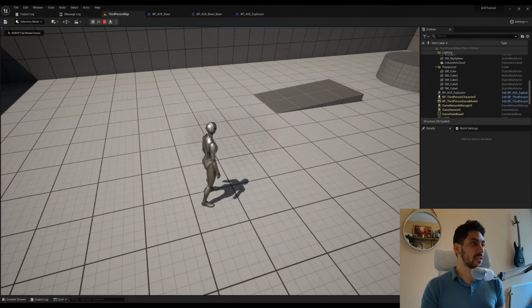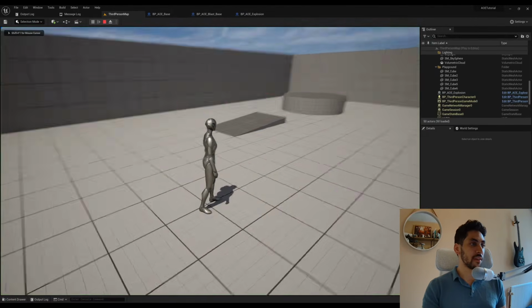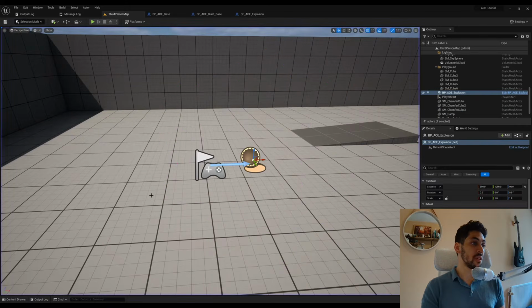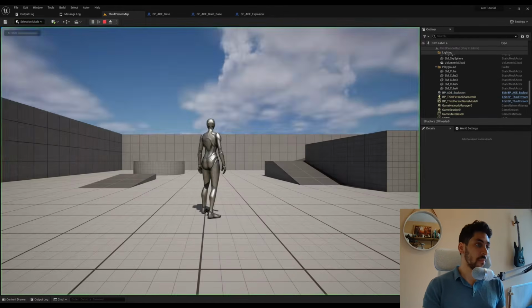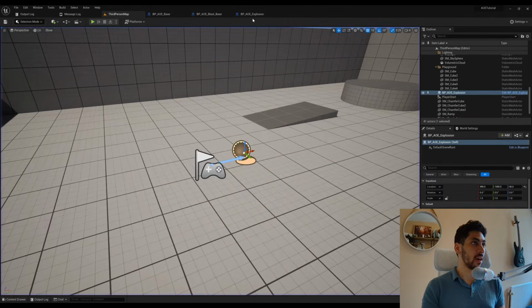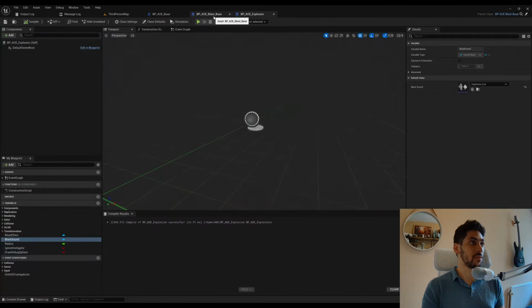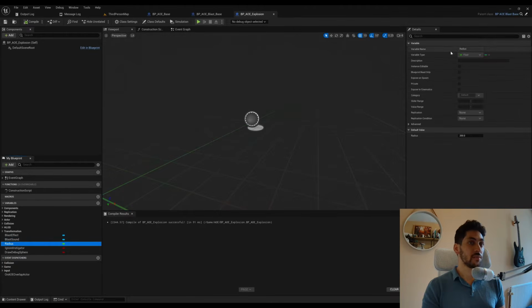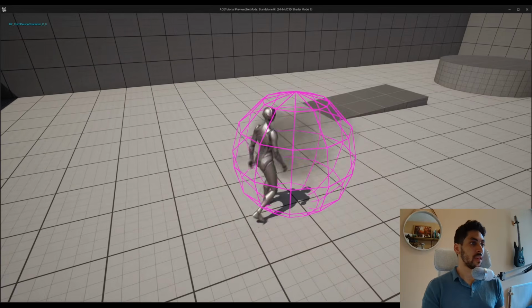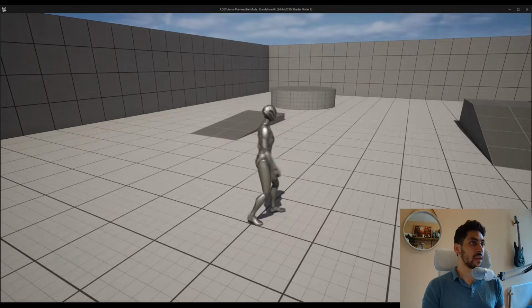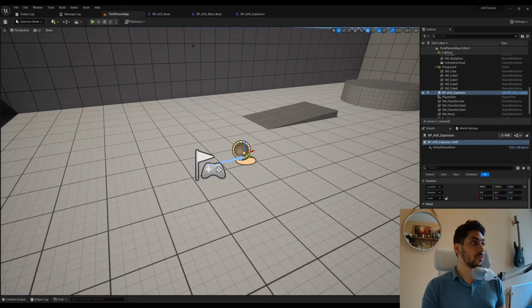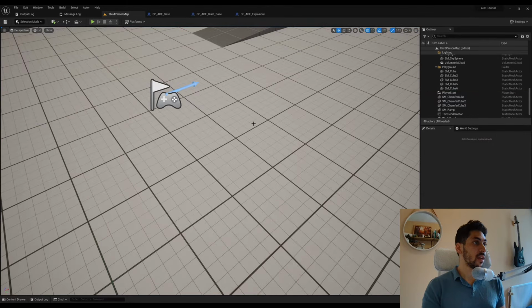But as you can see, the debug sphere is a bit too big for this explosion. So either you make the explosion bigger or the sphere smaller. In my case, I'm going to go here to the explosion and edit the radius. Let's say make it 100 instead. Yeah, that's a lot better. Now what we can also do is, let me delete that, and